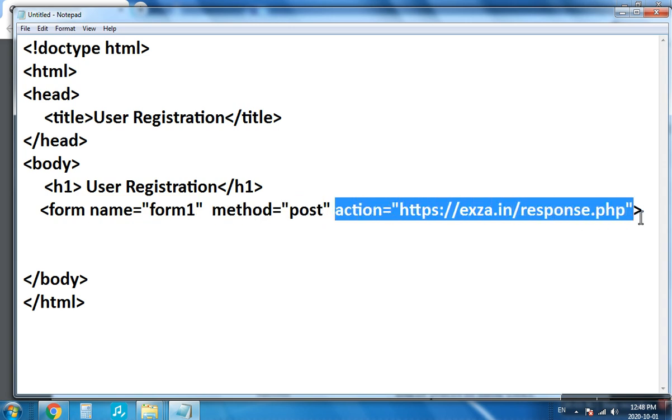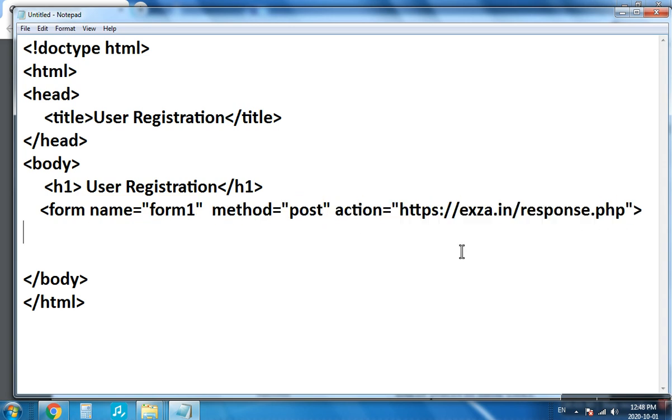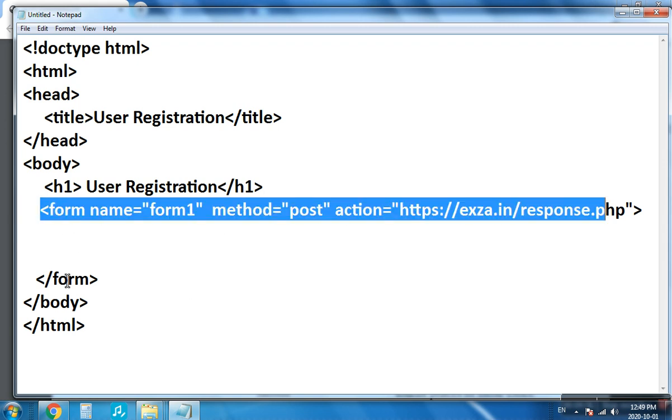Correct. So these are not compulsory also during exam time. You can just put name attribute or just only form tag will also do. So here we are actually testing the form, how data is passed from the form to the server. So I am using this action method attributes. Okay. So your form tag begins here and this is your closing form tag.